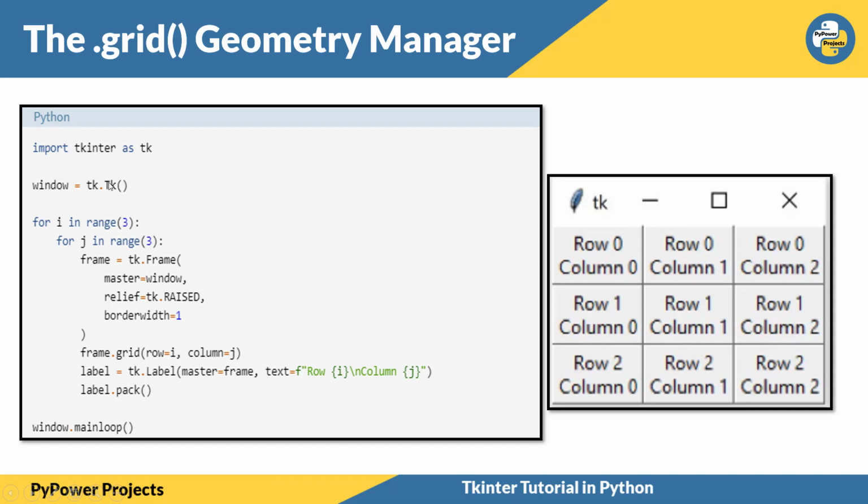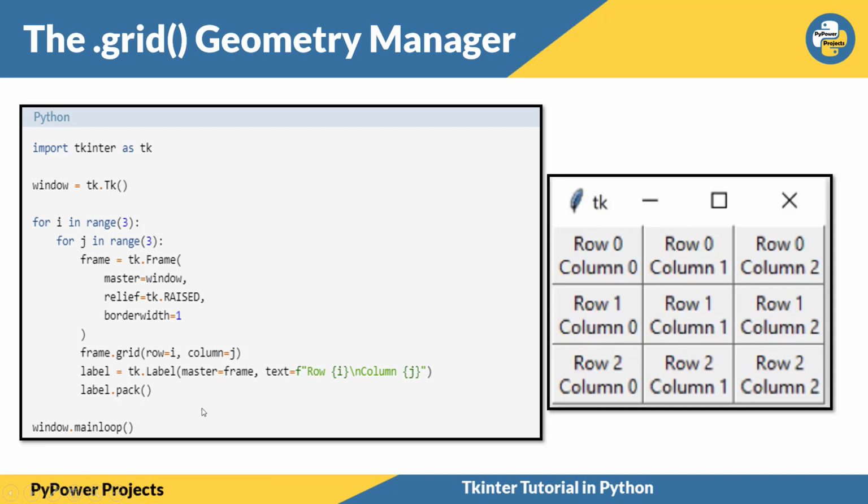So this is what I have done. I have created the main frame. I have been continuously creating frames for 3 cross 3, so I will be basically creating 9 frames. Master equals window, relief raised, so that these lines are the borders. It is raised, as a result of which it will just pop out from one another, right? Similarly, I have placed a label in whichever row and whichever column it is, it should display.